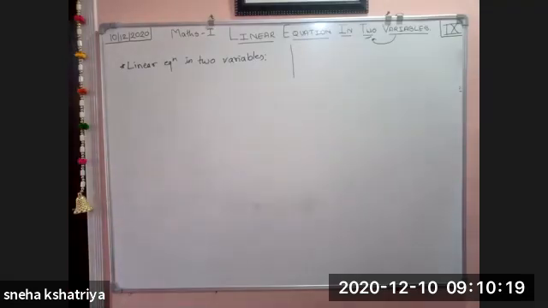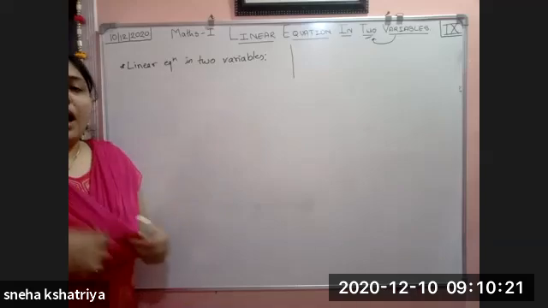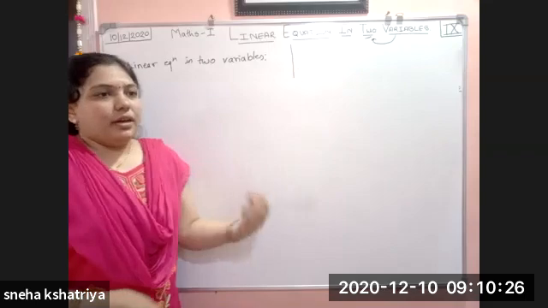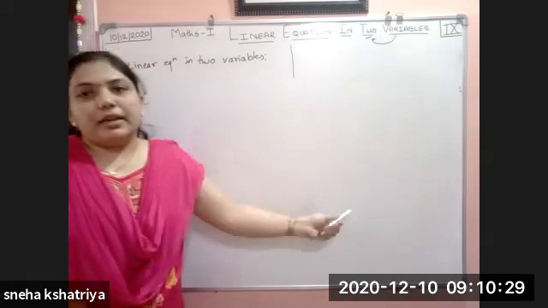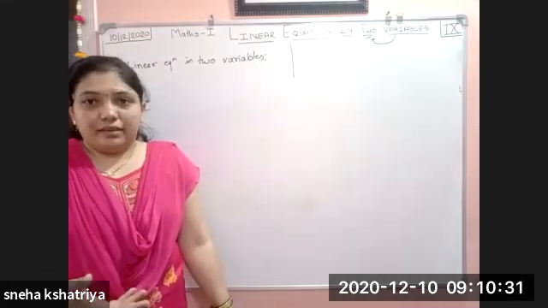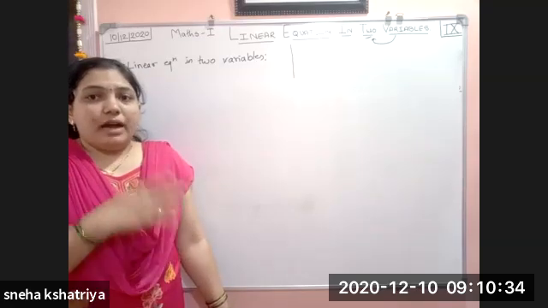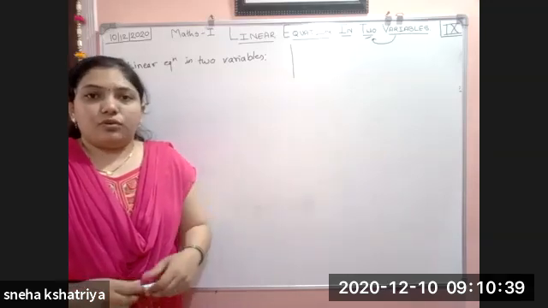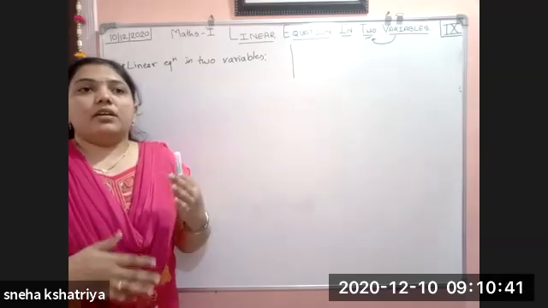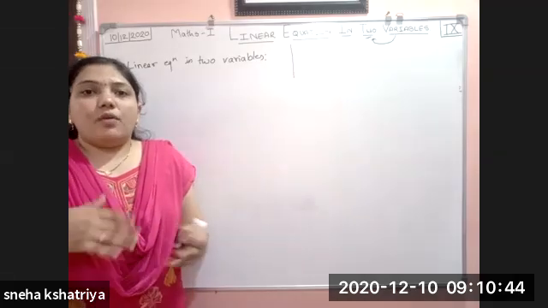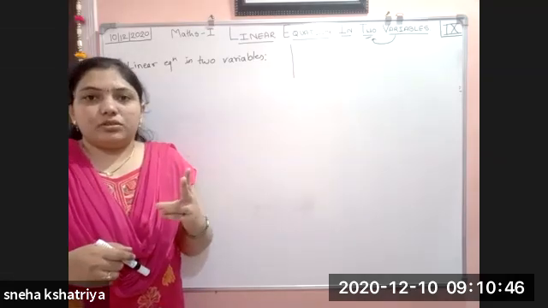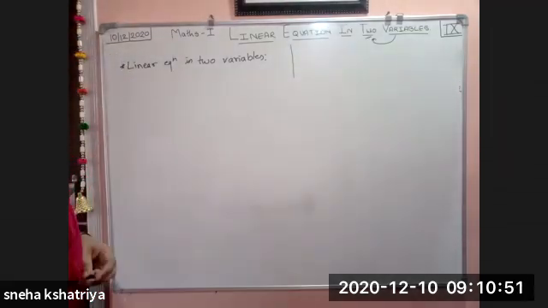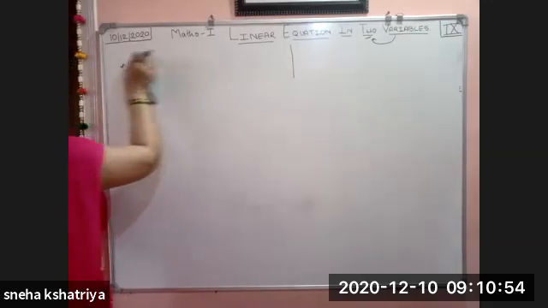Now we will see how we are going to find the variables. Here I directly told you that 8 and 6 were the numbers by guessing. We have not found them properly. They were easy, that's why it was easy to guess the numbers. But when the equations become harder, how are we going to find them? So there are two methods to find the solution of linear equations.